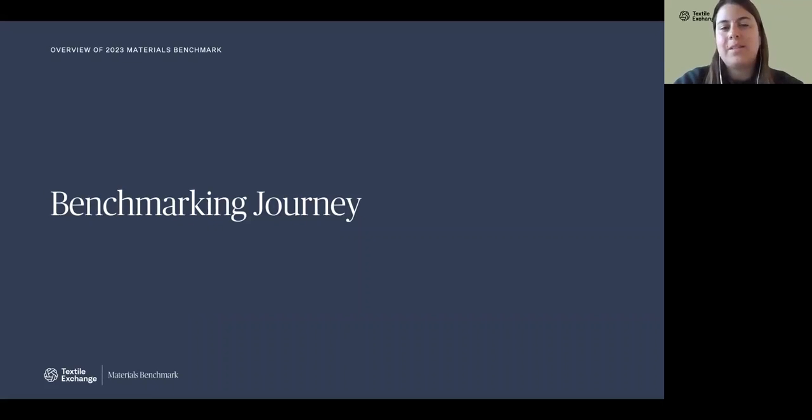So now we were looking at the benchmarking journey, and we will be covering 3 main points. Who is eligible and can participate in the materials benchmark? What's the timeline, so when are we starting? What do the following months look like for those companies who decide to join the materials benchmark?